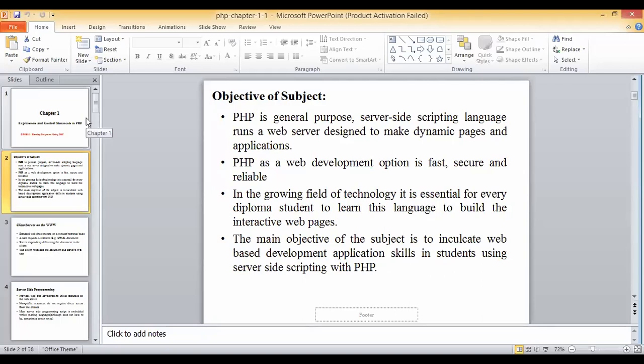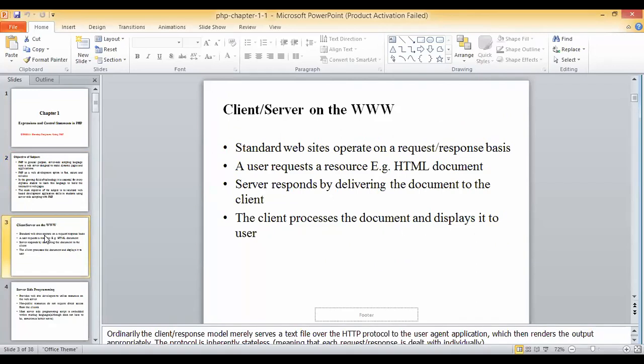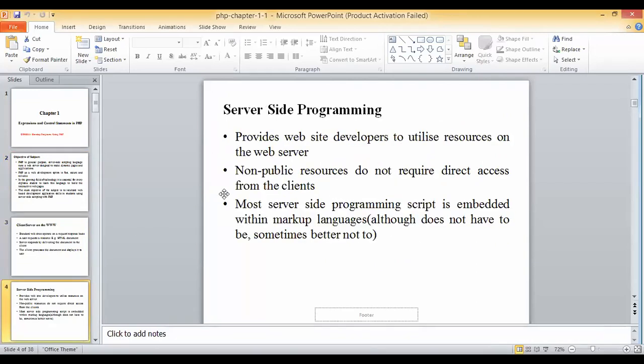PHP stands for Hypertext Preprocessor Language. You can see over here the server-side programming language, which allows website developers to utilize resources on the web server. So we are going to study PHP, which will also be developed and run on the web server,